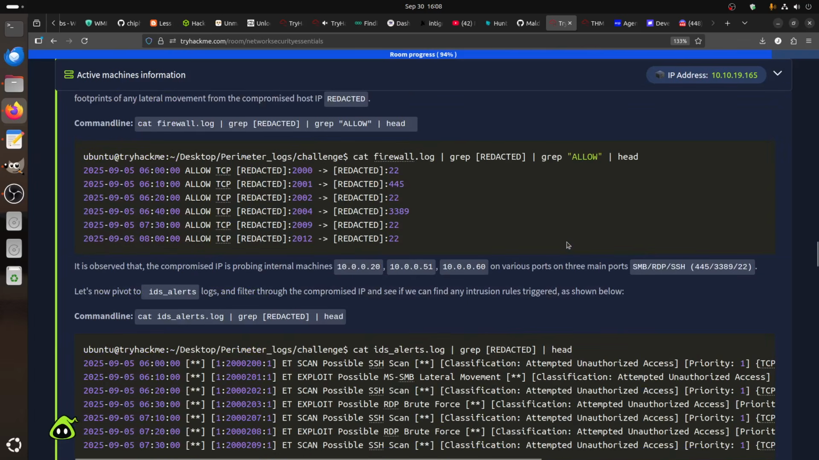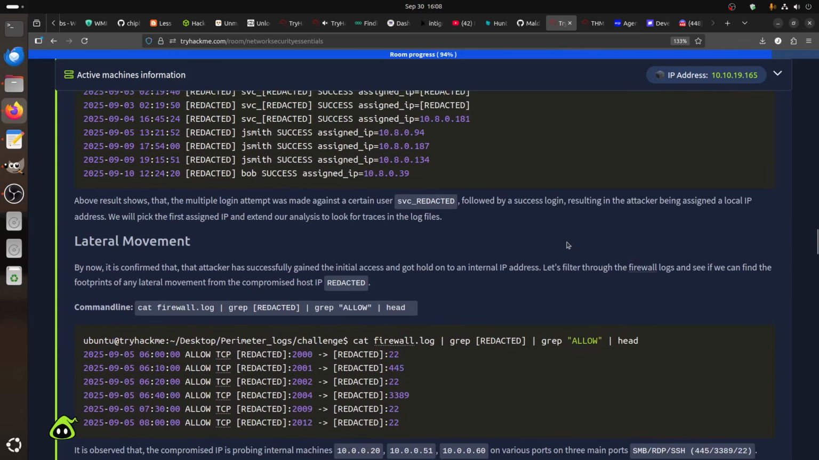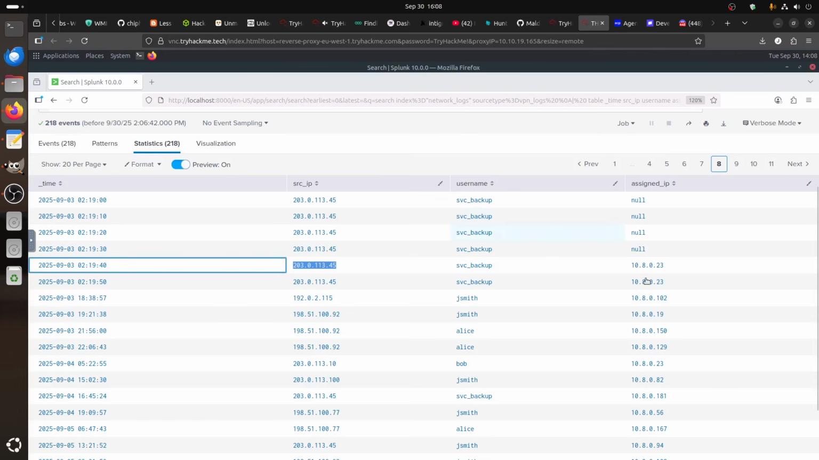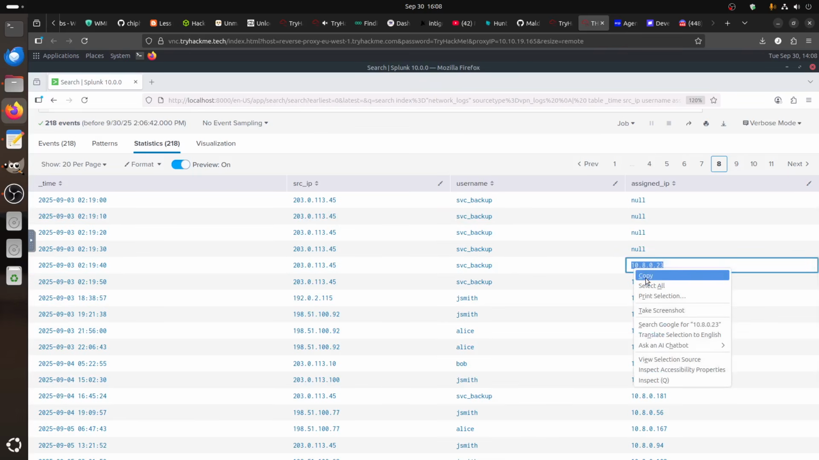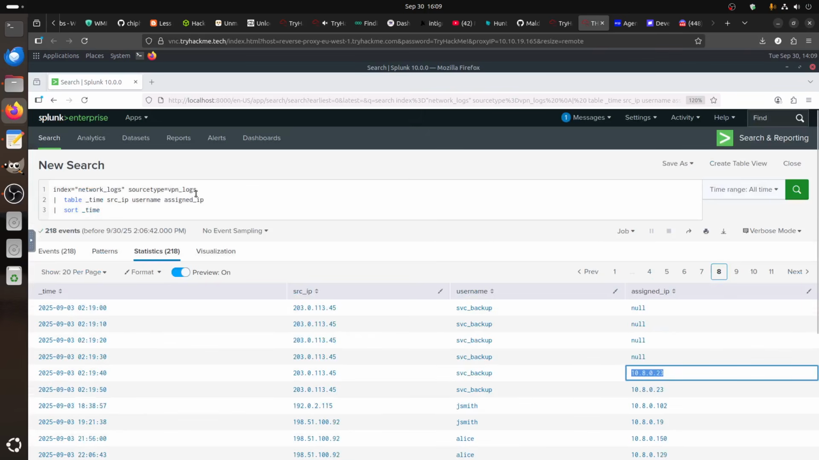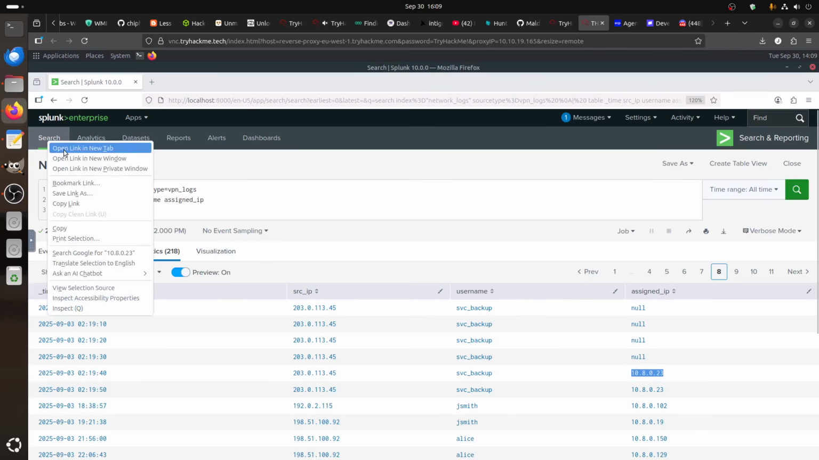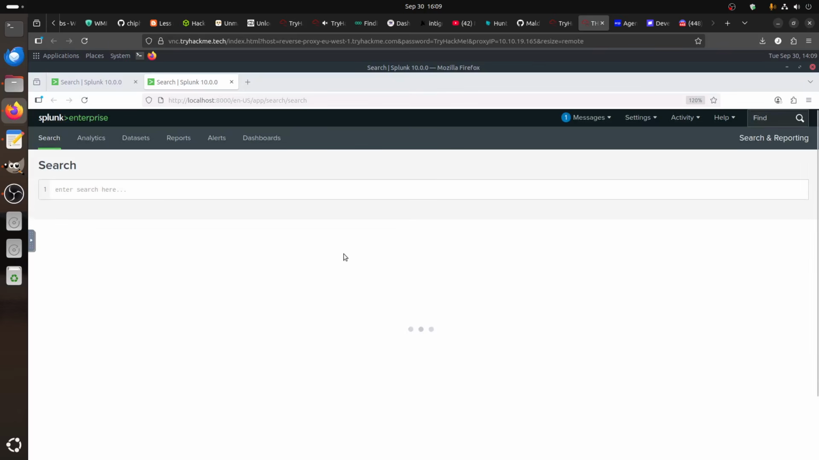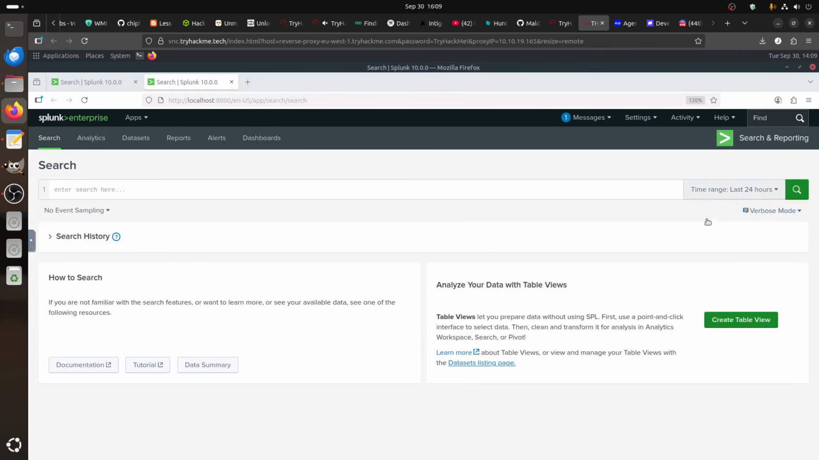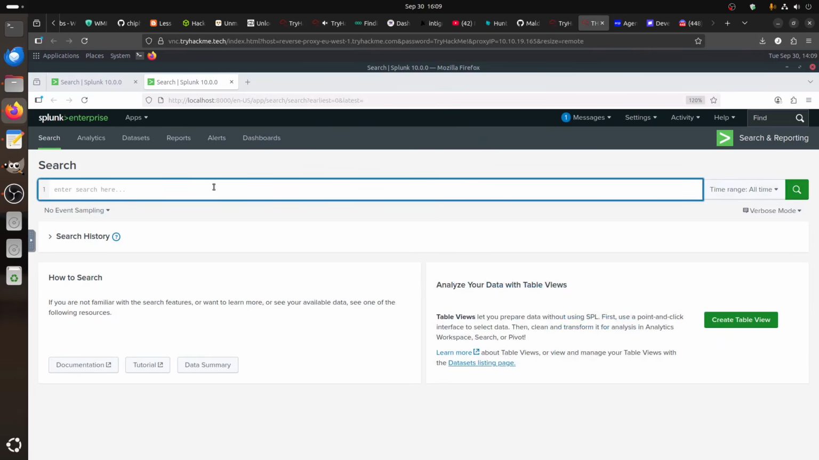Oh, the IDS. Hold on a minute. SVC backup followed by access, and now we need to get that IP from the firewall log. So we know he's got this. Let's take this copy. Let's open another search because I'm getting confused. I like to open tabs so you can follow the story. All time, index